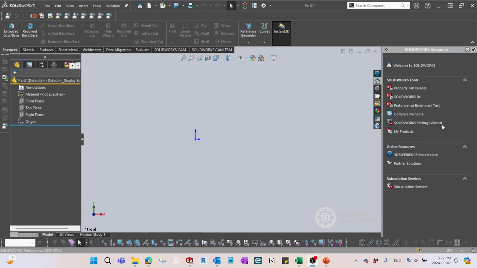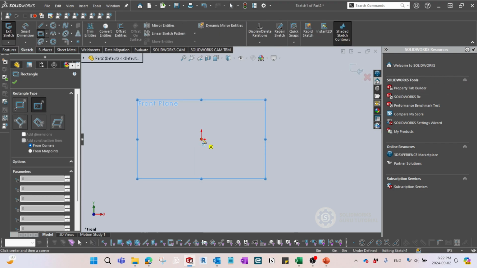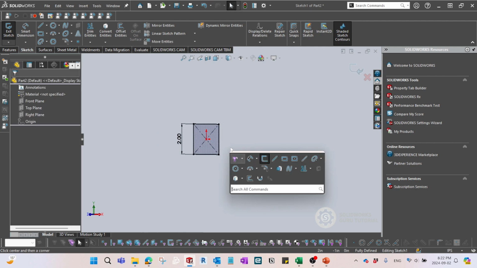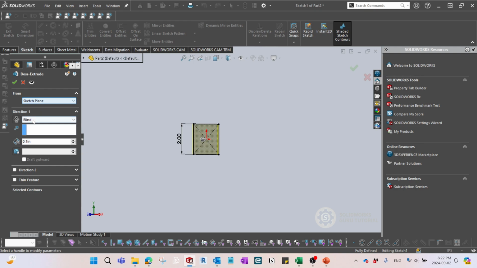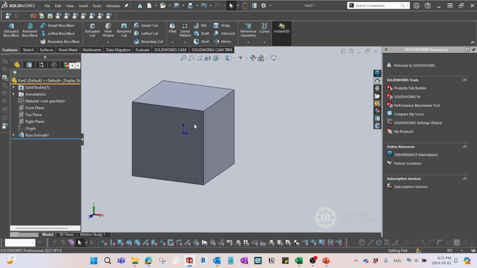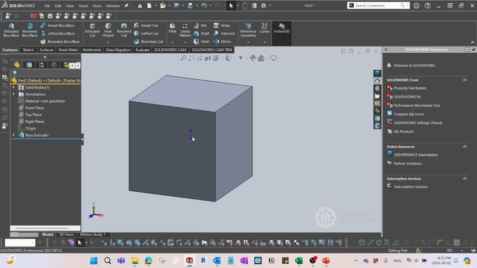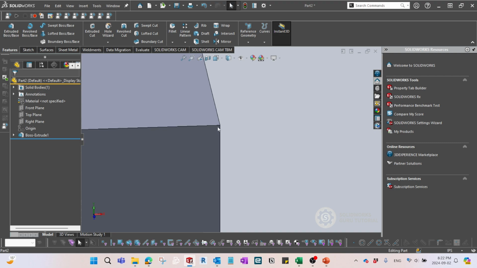All right. The third problem is, I will create a box for now. I'm just gonna create a center rectangle, assign 2 inch by 2 inch, and then extrude it by 2 inch from the base plane. It's really okay to remain as this sharp corner, but realistically